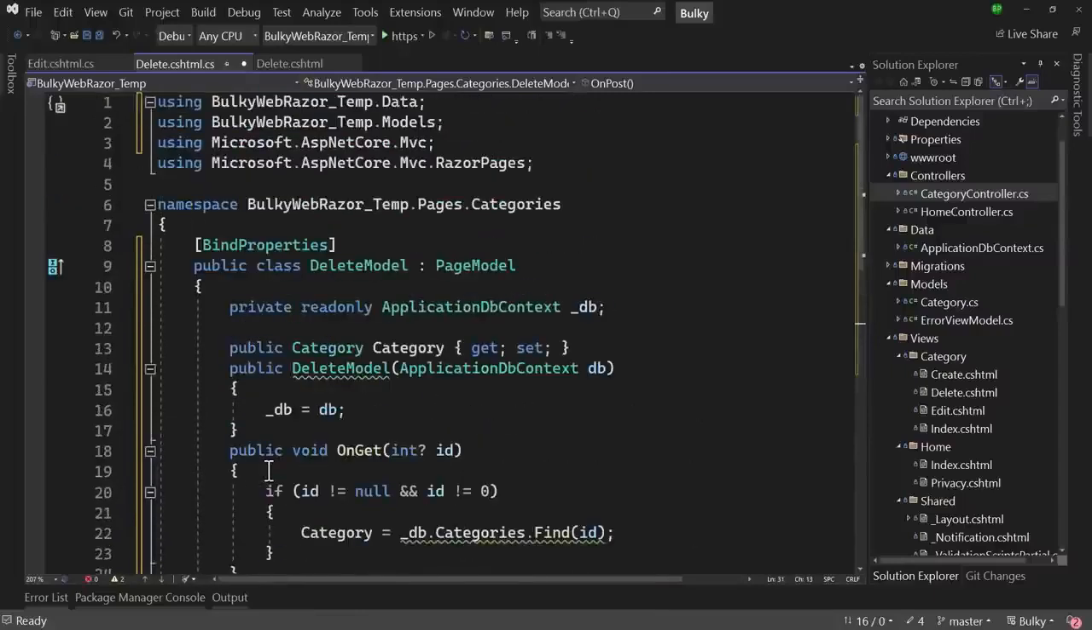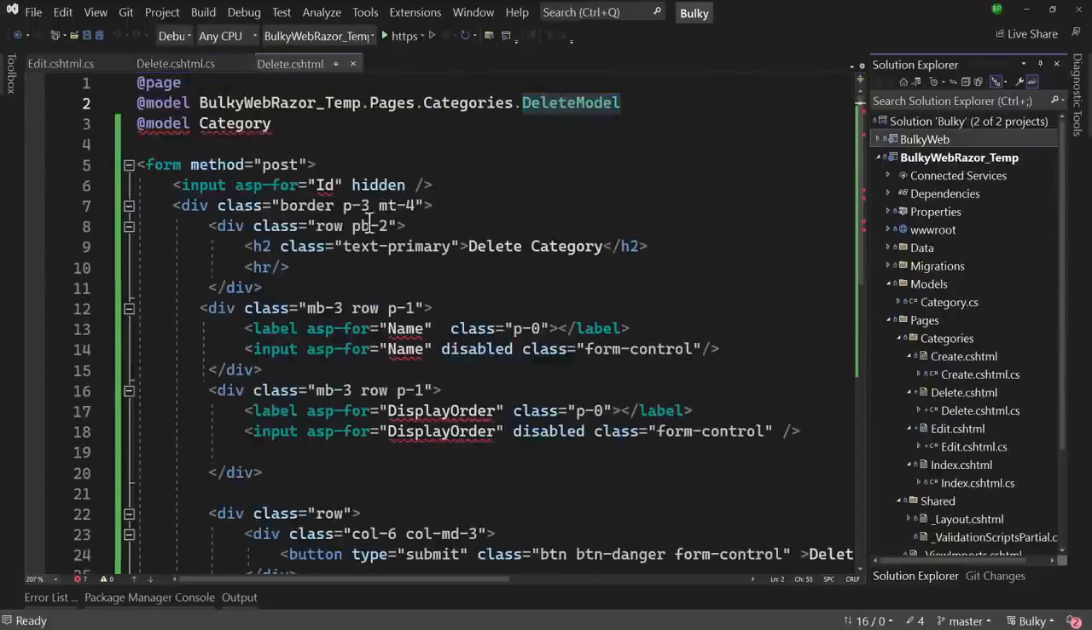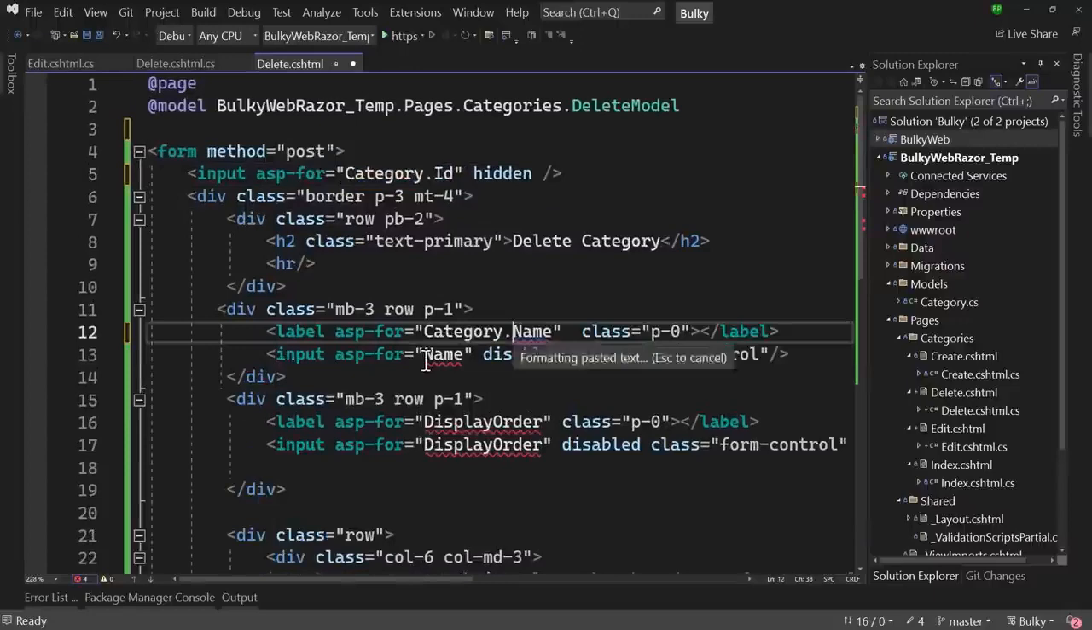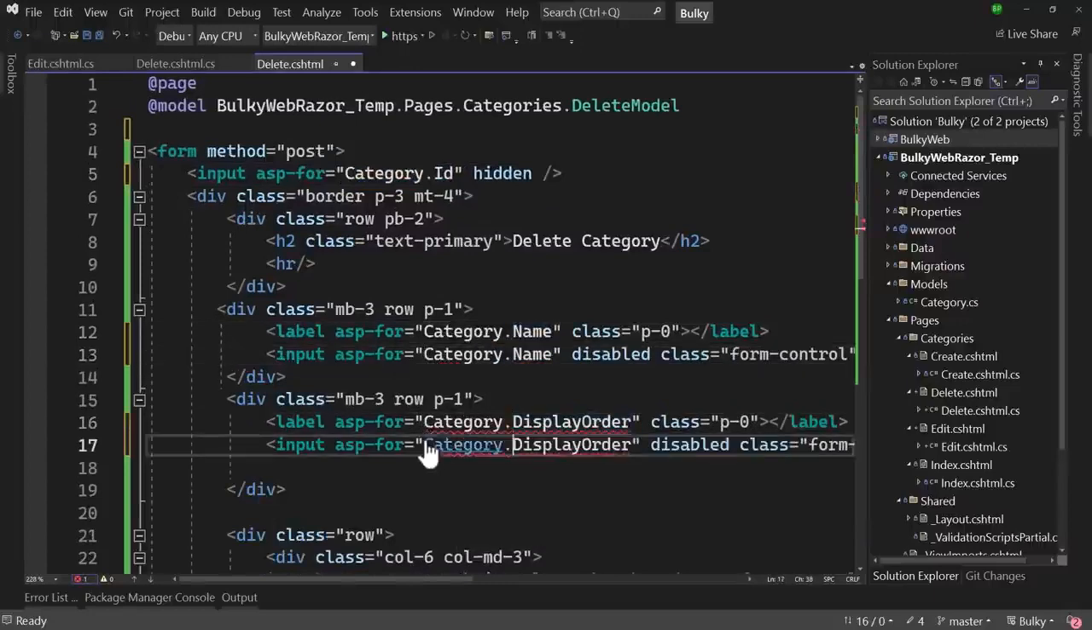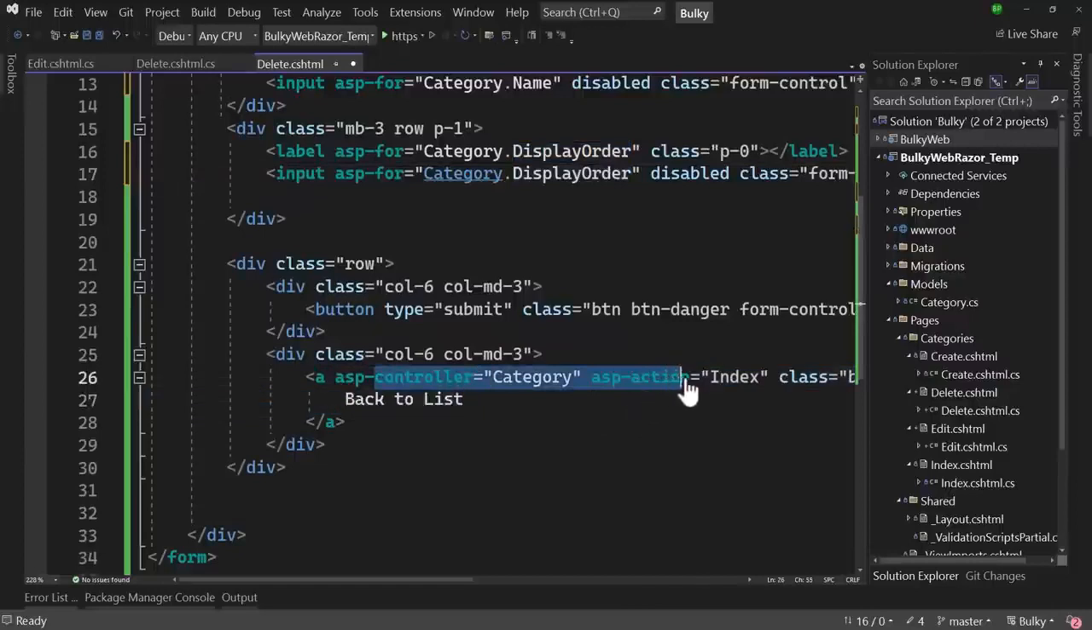That also looks good. Let me save that. And now we will fix the delete UI. Let me minimize the web project. Perfect. Everything will be inside category.id. So category, I will append that. And we need the ASP page here,